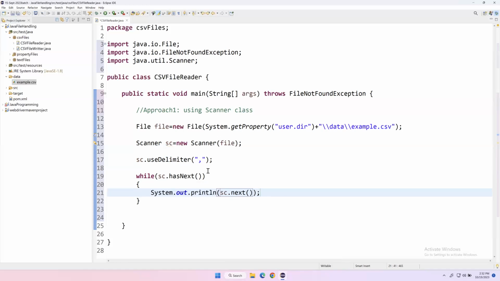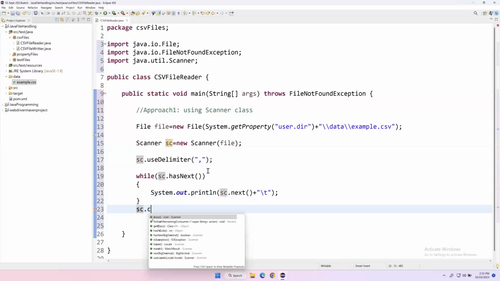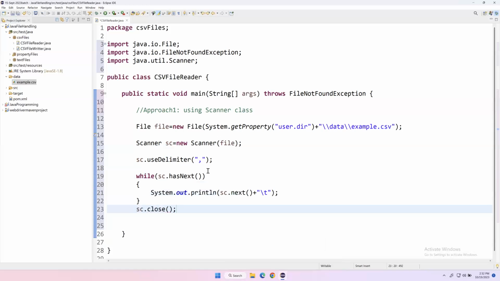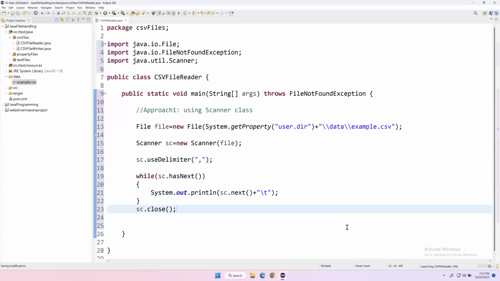And after every value, I will give one tab space, so I can append \t. This is just for giving a tab space between the values. And after exiting the while loop, you can just close it, sc.close. So this is the way we can read the data from the CSV file. So let us try to execute this. When I run as Java application,